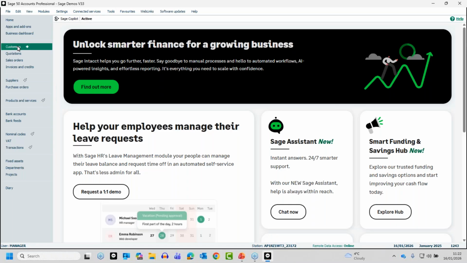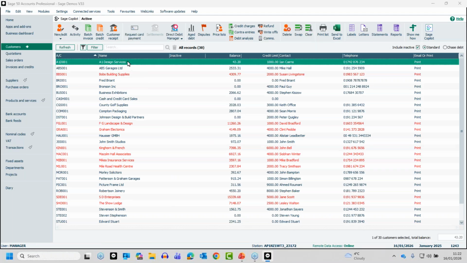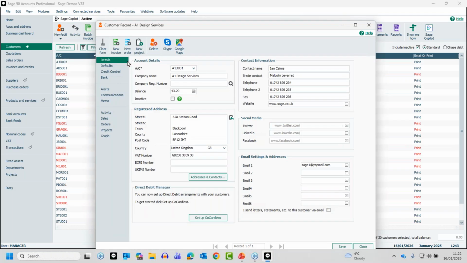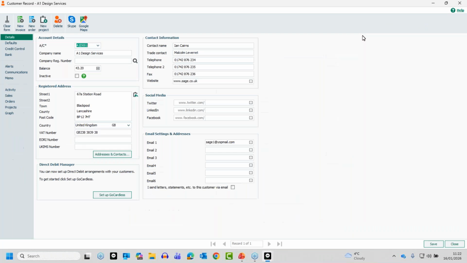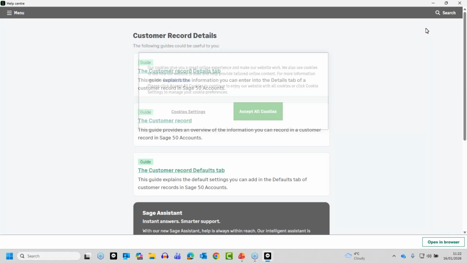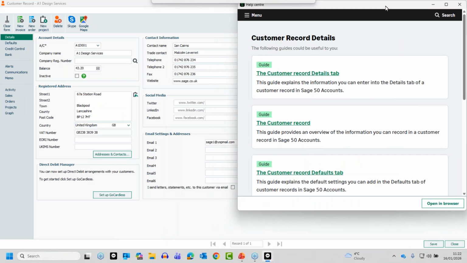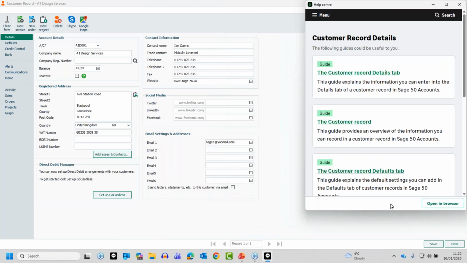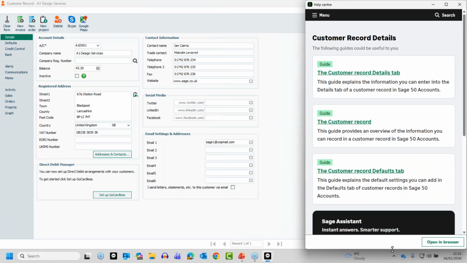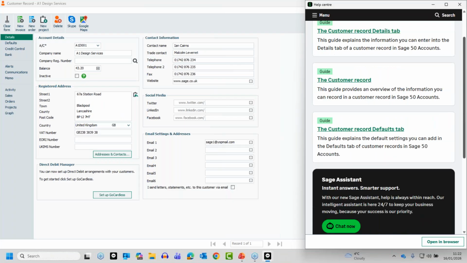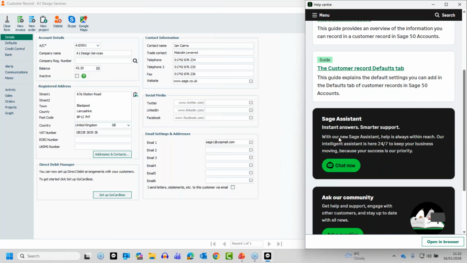So let's pop into customers just as an example. Doesn't really matter what screen I'm in. Just about anywhere within your software these days, you'll have this help option at the top. And as normal, if you press F1 on your keyboard, it will launch the context sensitive help for whatever you're looking at. Initially I've got mine maximized, but you'll probably find that you get this sort of panel down the side. I've got my resolution set really low here just to make things a little bit bigger so that you can see them a little clearer. So this is the Sage Assistant. If I just click chat now,